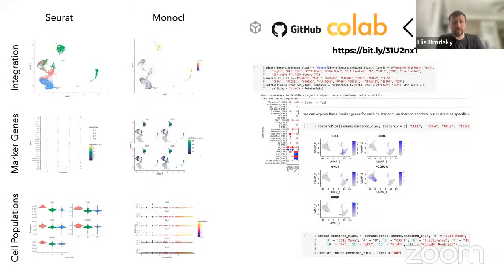Now, to the point that Sarah was asking, how can you go from running a pipeline like this to actually being able to understand what goes into every single step and how do you use it? In our training, we have a training program called bulk and single cell RNA-Seq. And in that training, that's exactly what we do. We go through the pipeline, we take some projects, we see the inputs and outputs, and then we go into the coding part for those that are interested to really reproduce each step using R and trying to understand what are the specific details that go into every step that you need to master and kind of learn.